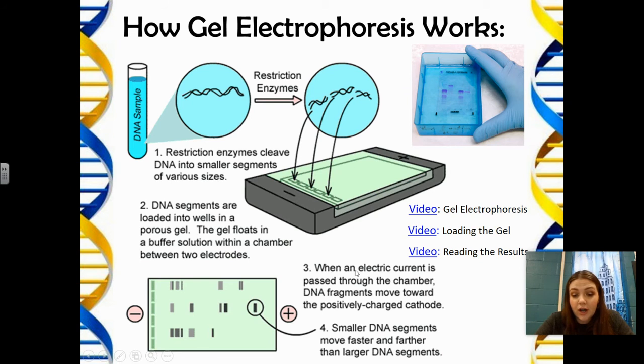When it is turned on, there's an electric current. And where the DNA is put in, see this negative symbol? It's negatively charged here. Well, DNA is negative because phosphates in DNA are negative. The phosphate sugars. Phosphates are negative, so DNA has an overall negative charge. If I turn this machine on and it's negative right next to where the DNA is, what happens when I have two negative